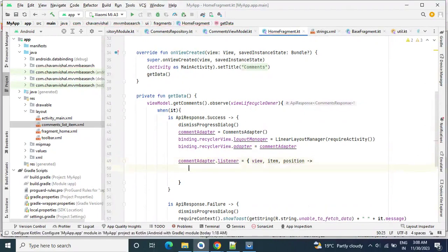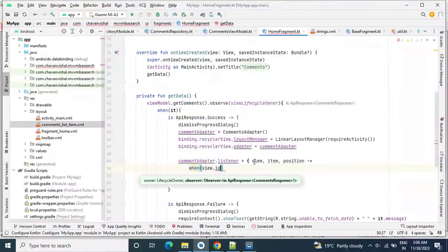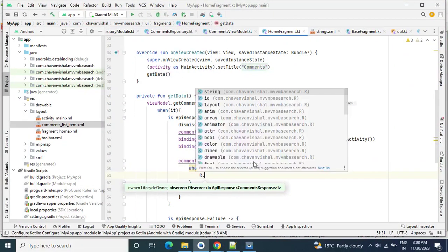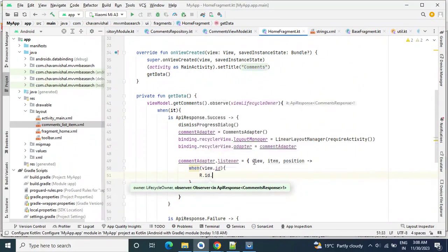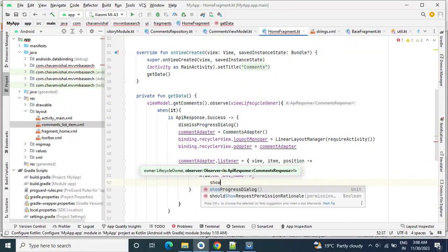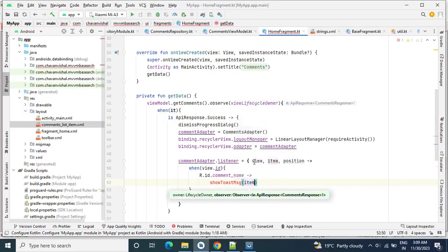So here again we will write a switch case, when view.id. We will handle this based on view id. Now our view id is R.id.commentName. If we click on comment name, then here we will show some toast message. And here we will pass item.body.